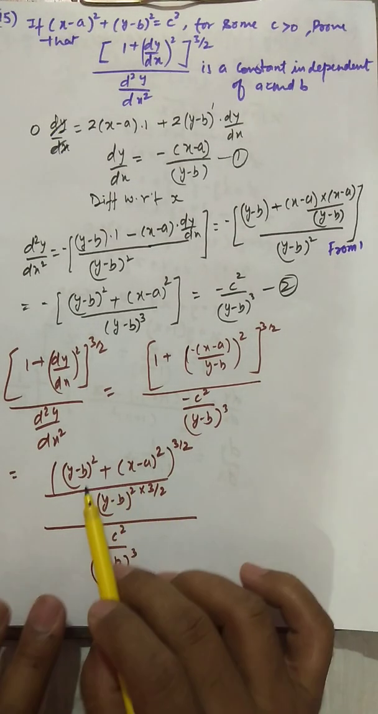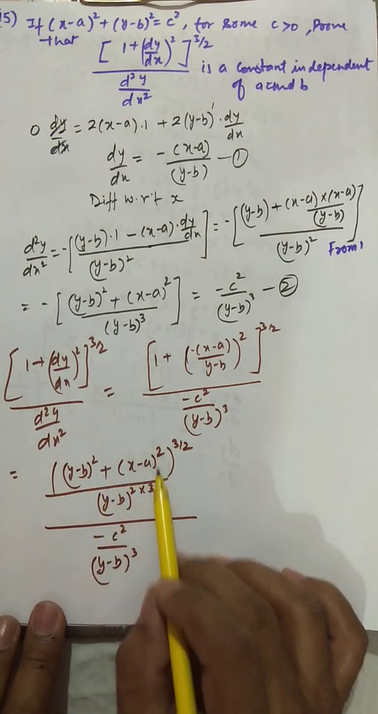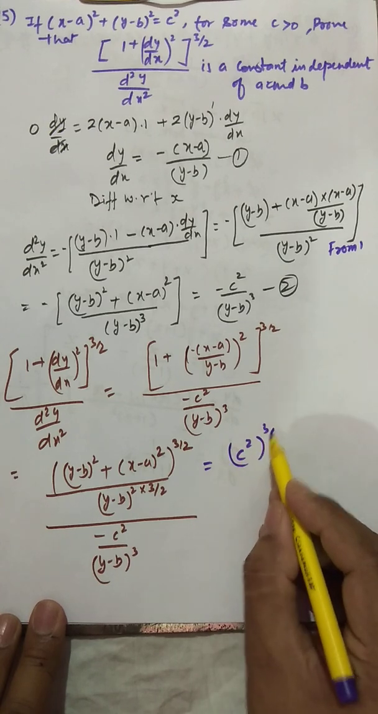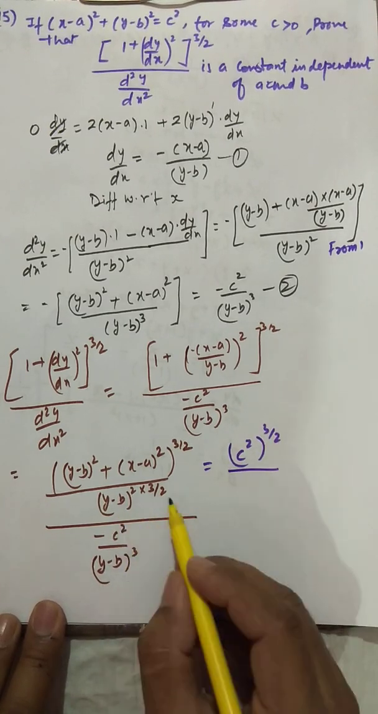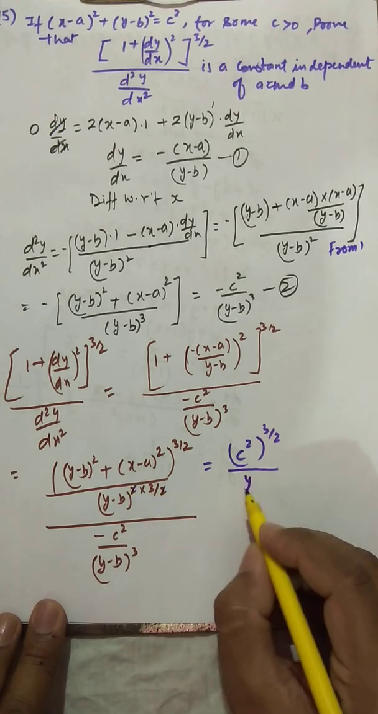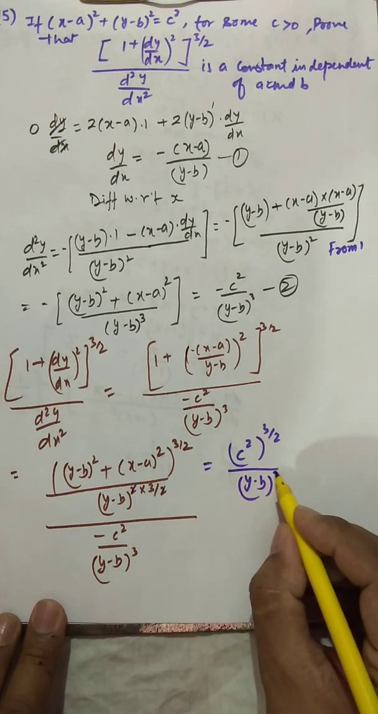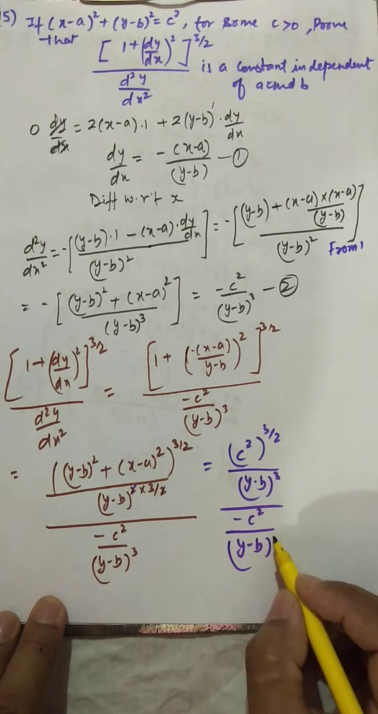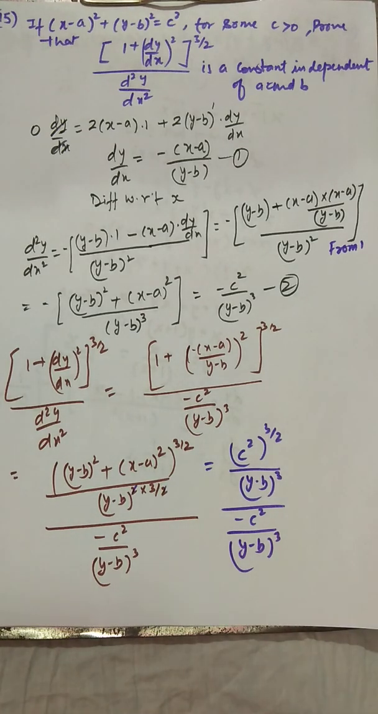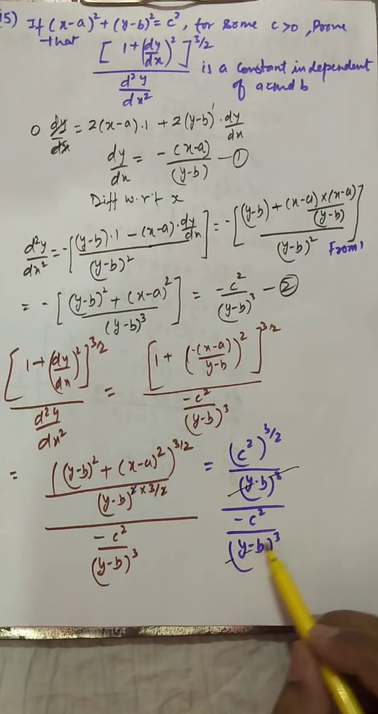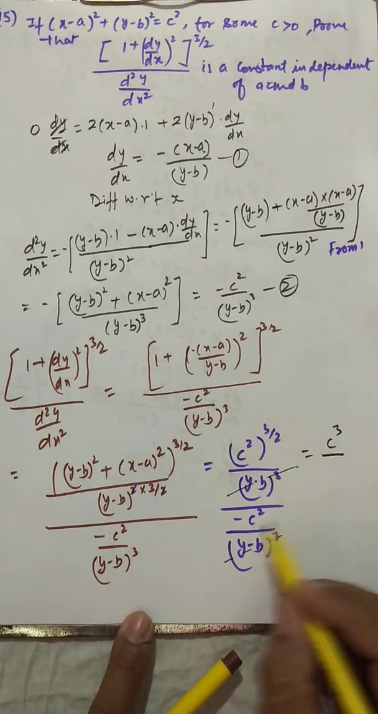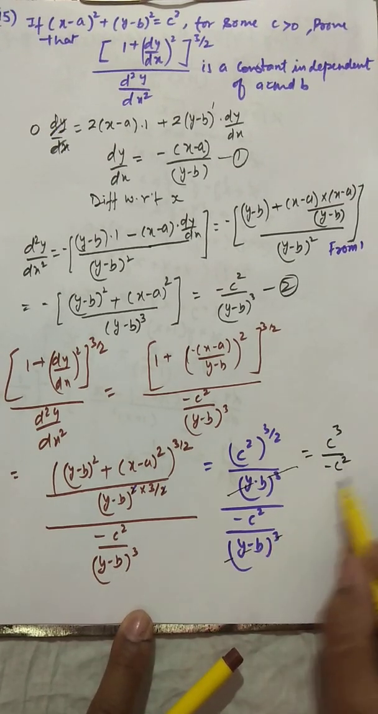You can see that this is (y minus b) square, this is (x minus a) square, this is actually your c square, and this is to the power 3 by 2, and the 2 will get cancelled, this is (y minus b) cube, and this is going to be minus c square upon (y minus b) whole cube. So you can see now further we can simplify this. This (y minus b) will get cancelled by this (y minus b), and this is your c cube, and this is going to be minus c square. So your answer is coming now